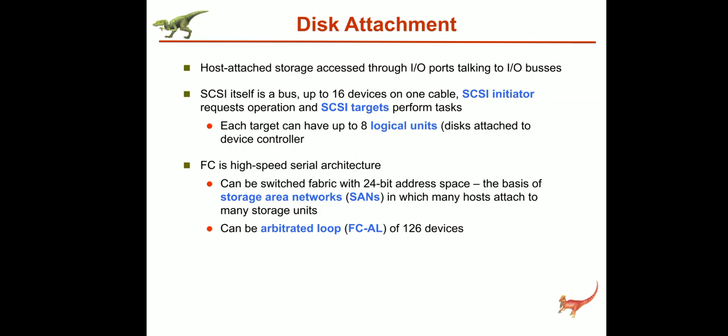For example, the desktop PC uses the bus architecture, which is also called IDE or ATA, that is integrated drive electronics and advanced technology attachment. So these are the technology used by the desktop PC, and this architecture supports maximum of 2 drives per input output bus. So at the max only 2 drives will be allowed for each IO bus.